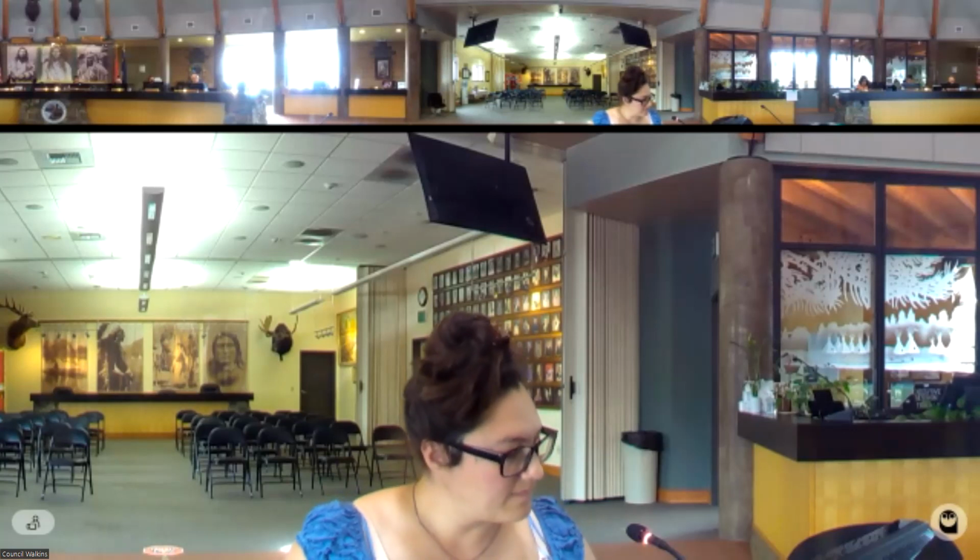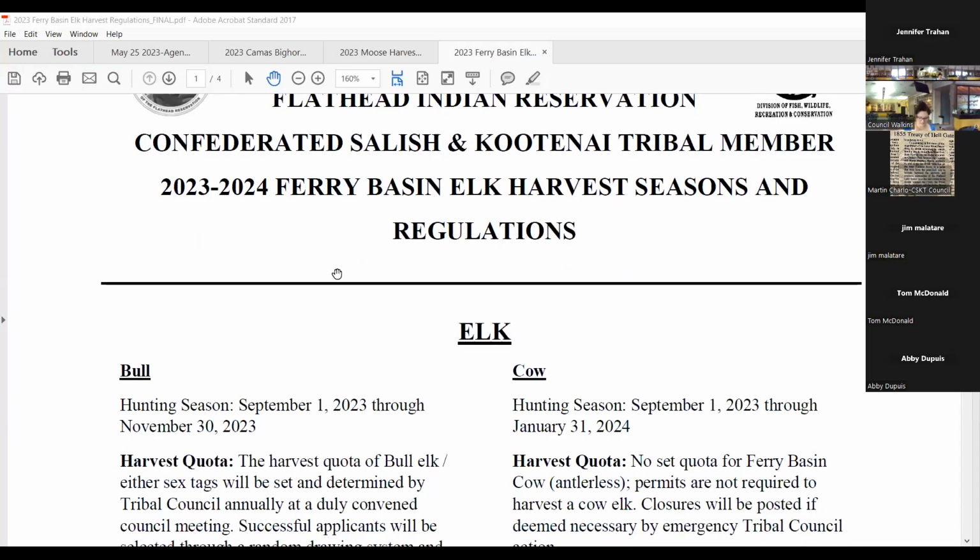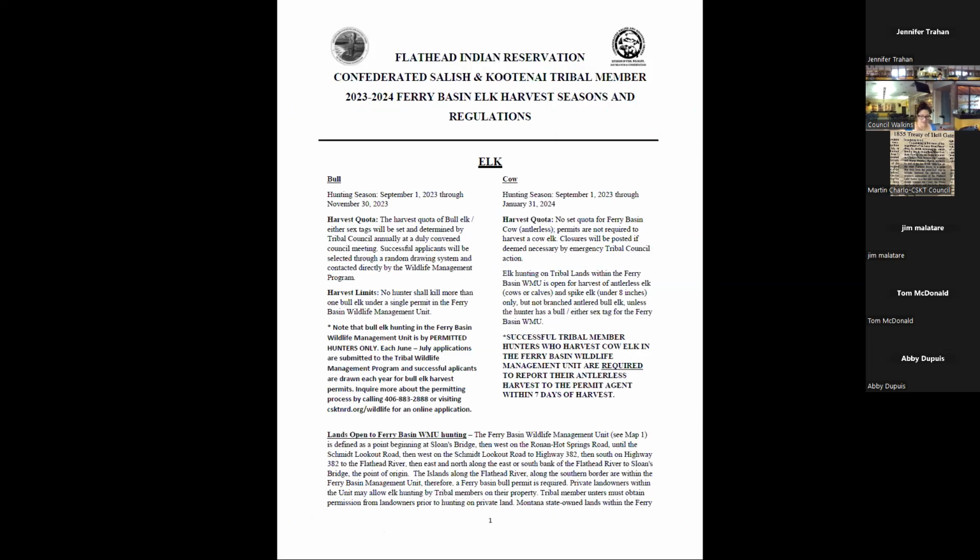So for the Ferry Basin elk, we were proposing 30 of those bull permits. I was going to look to see how many were filled last year. We didn't have all of them filled and come back in, but we did have a fair few of those come back in. And then with the bighorn sheep on our flight this year, every year